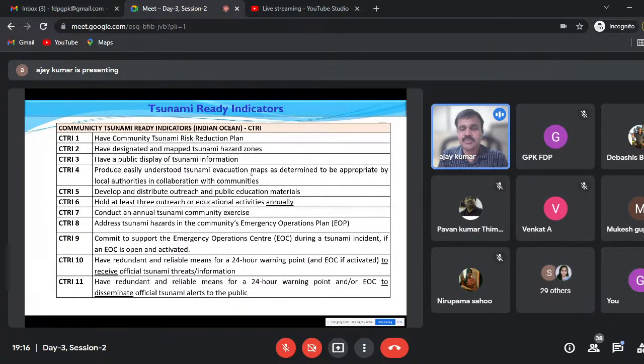There should be at least 3 redundant, reliable means of communication to receive this information. Also, at least 24/7 warning points and EOC should be there to disseminate this information to the public. So these are the indicators. If we meet all these indicators, it will be recognized